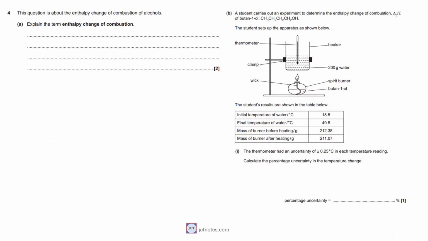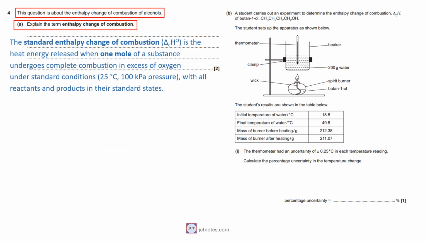Question 4 is about the enthalpy change of combustion of alcohols. In Part A, we are asked to explain the term enthalpy change of combustion. By definition, the standard enthalpy change of combustion is the heat energy released when 1 mole of a substance undergoes complete combustion in excess oxygen under standard conditions, 25 degrees Celsius, 100 kilopascals pressure, with all reactants and products in